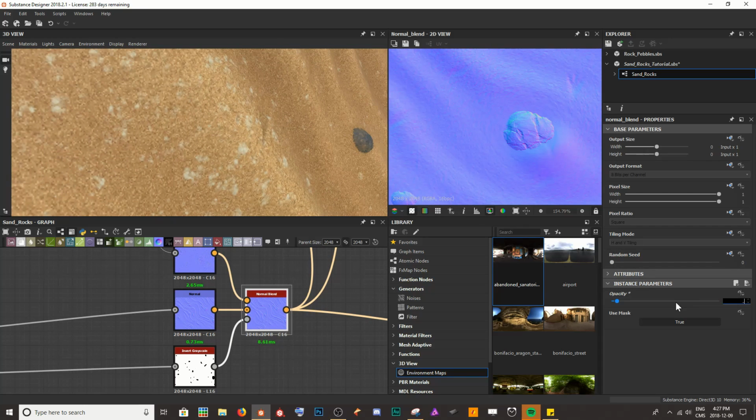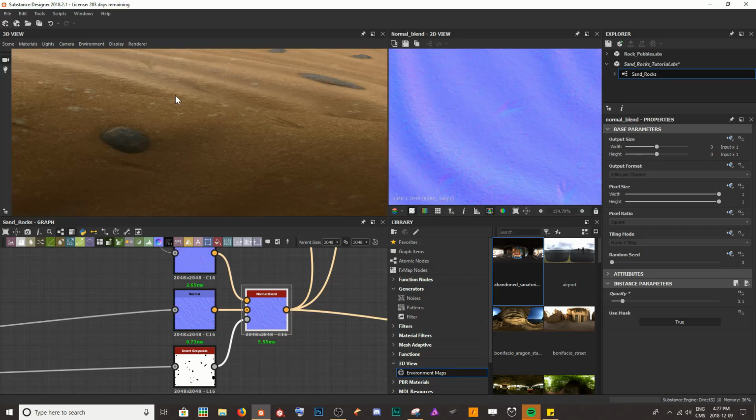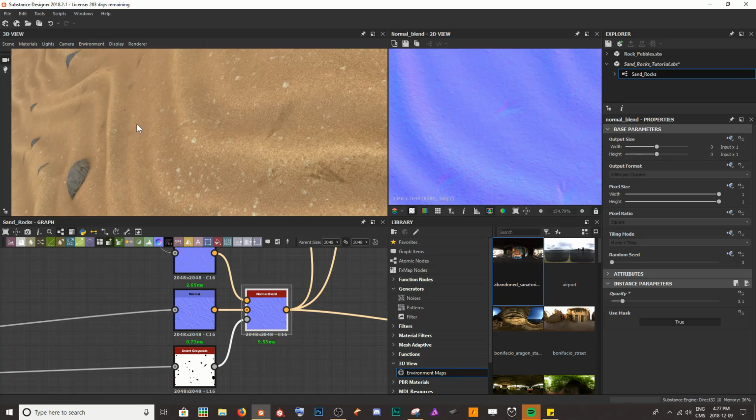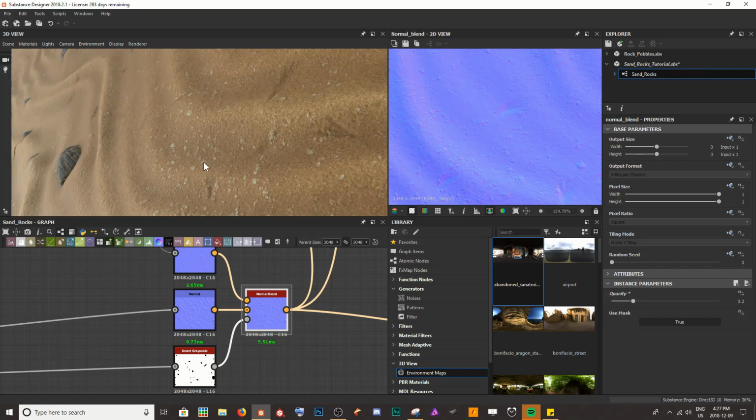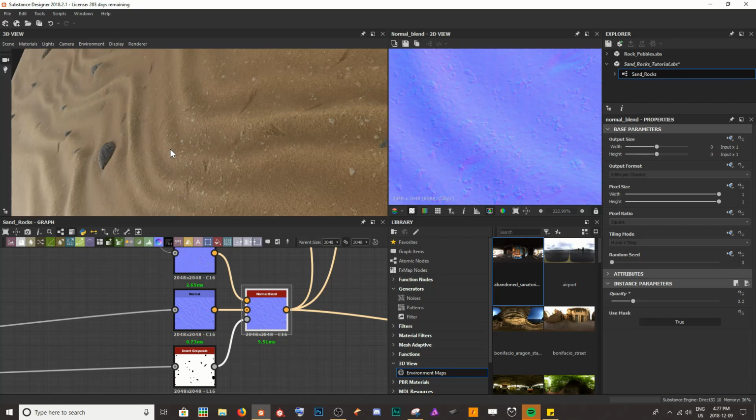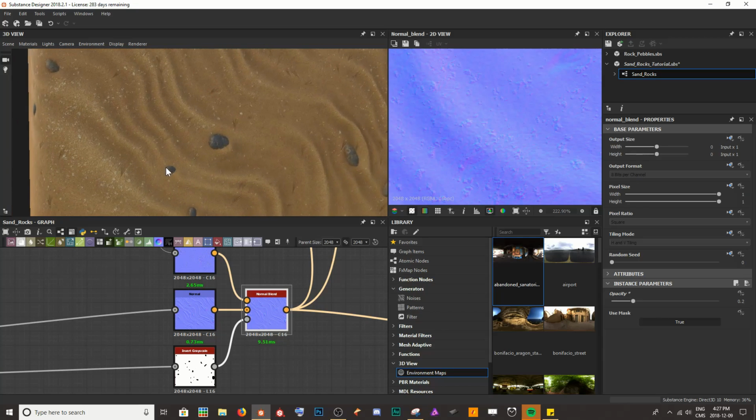maybe a little bit higher. Let's try 0.1. Just so that we get a little bit of information, but for the most part, it's just going to be the sand. I might bring that up even a little bit higher to maybe 0.2. Let's see what that looks like. Yeah, and that looks a lot better. So we get a little bit of our white speckle information, but for the most part, it is just our